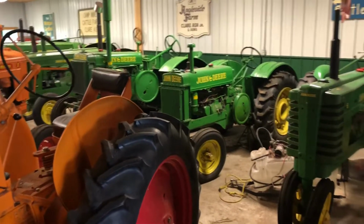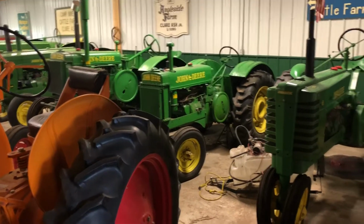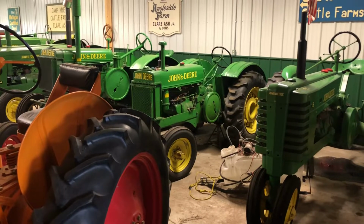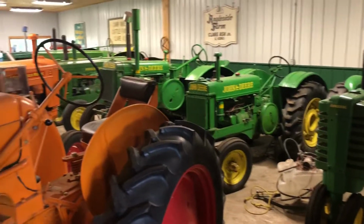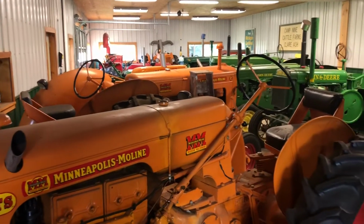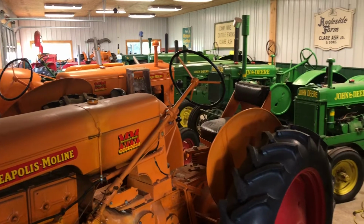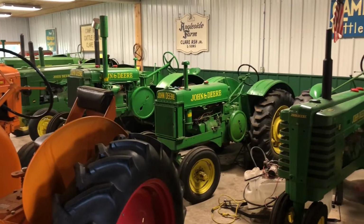I won't embarrass Dad and show that area of his shop because it's a working shop. You know, there's oil on the floor and dirt and grease. But this is the area that he keeps them all in when he's done with them, and they're cleaned up and they're nice. So I'll just go through them here kind of quick because there's got to be some tractor